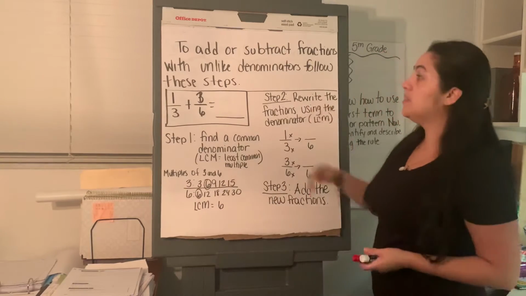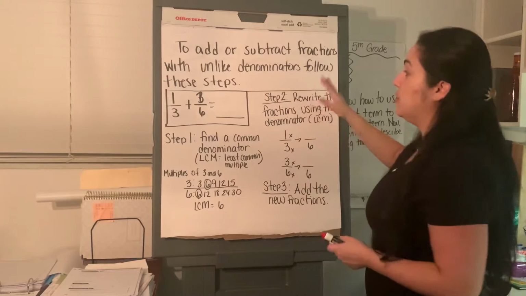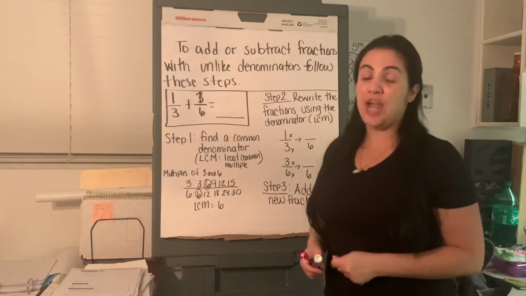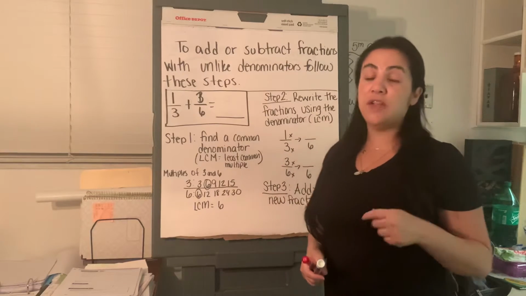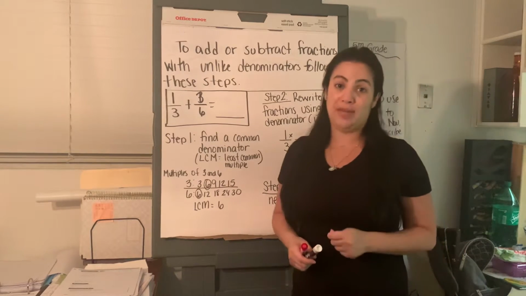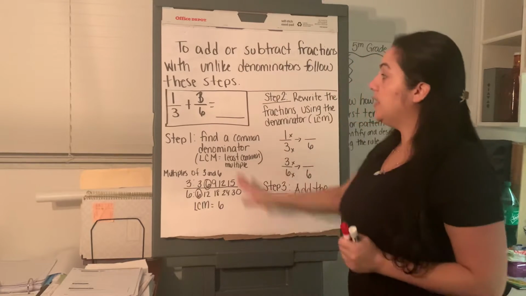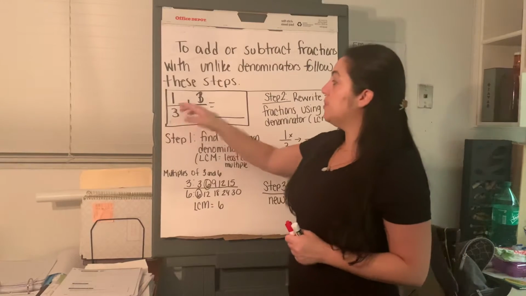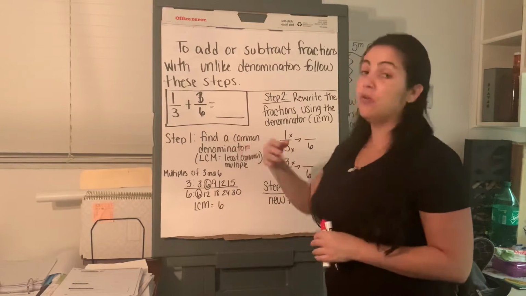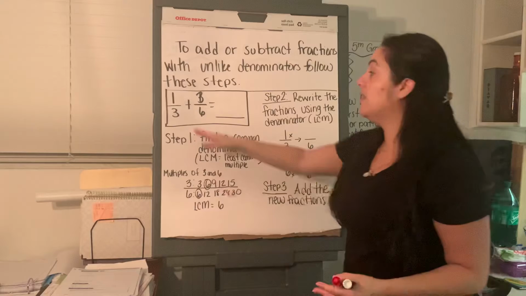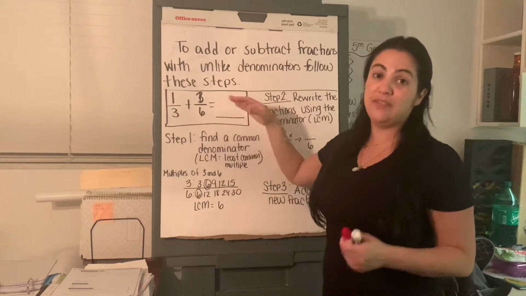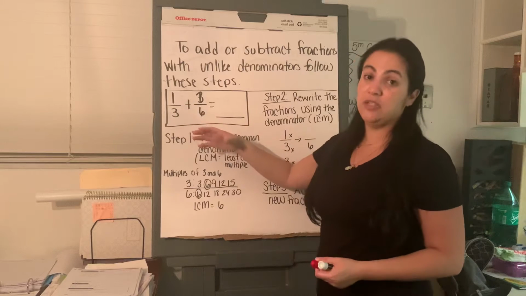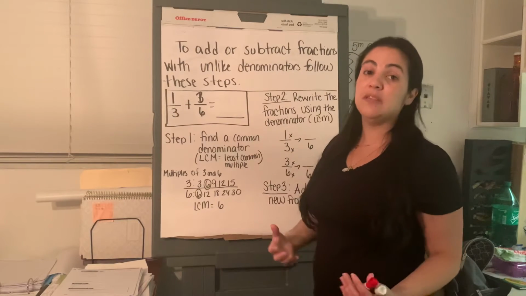So in order to add and subtract fractions with unlike denominators, you need to follow these steps. They're in your notebooks for the fractions chapter under changing fractions using common denominators. Okay, so in this fraction addition problem, we have 1/6 plus 3/6. Here, in order to add these two fractions, they have to have common denominators. They have to have like denominators. And so we have to change these two fractions to have the same number of pieces in order for us